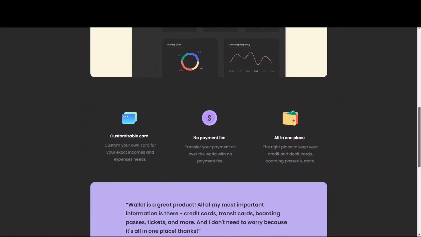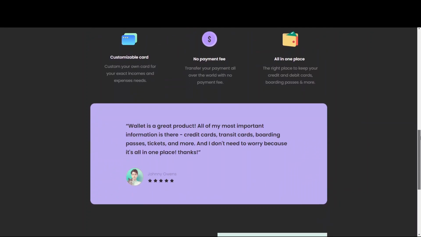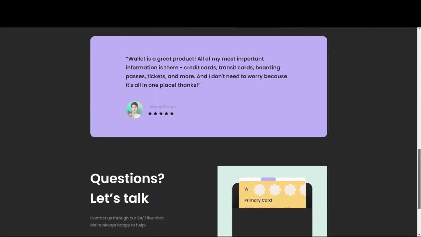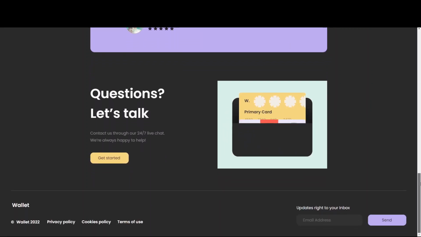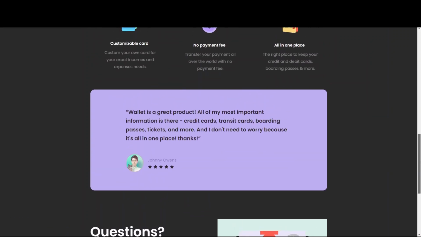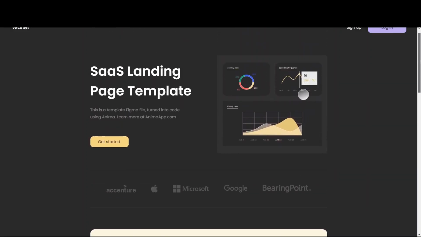And then when you scroll down a bit, we see the all feature section, and then we have the testimonial section. And when you scroll down, we have questions, more like an FAQ kind of thing, or contact us page. And finally, we have the footer. So I'm going to take it right up so you guys see exactly what we'll be building in this particular